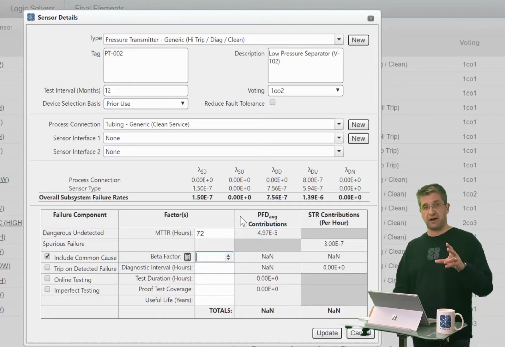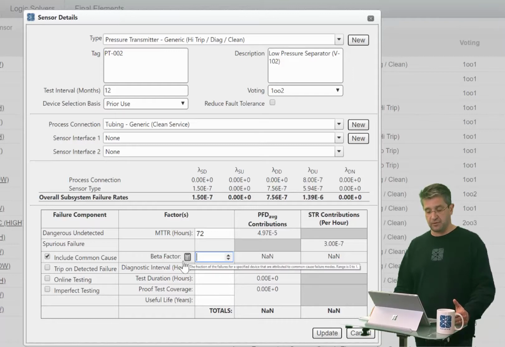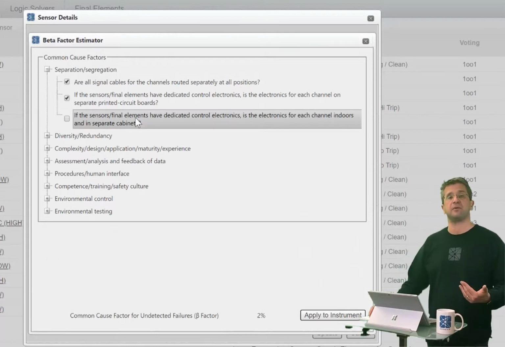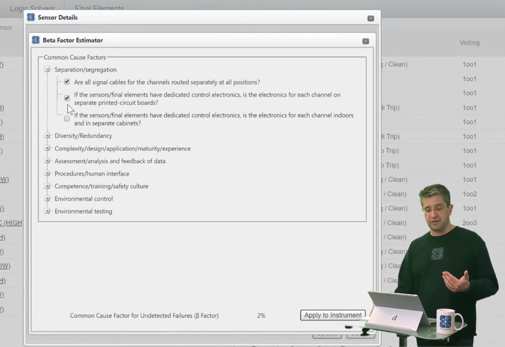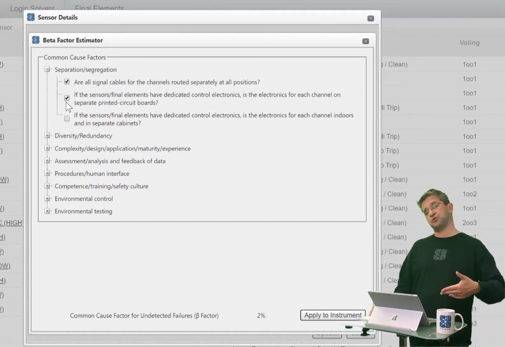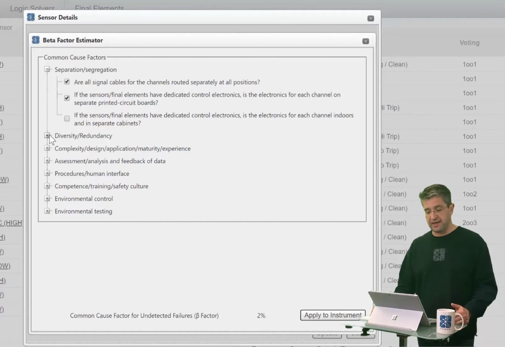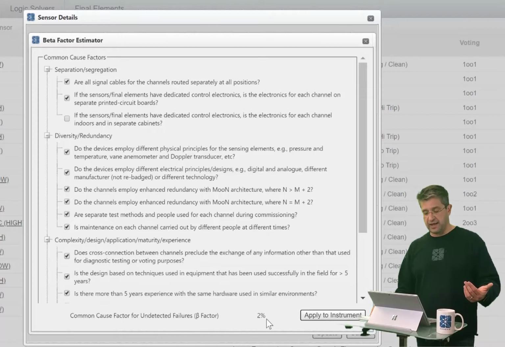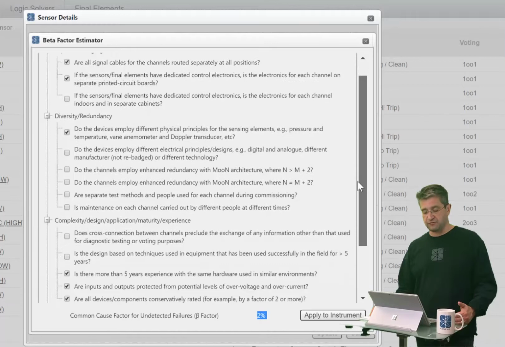So once you've defined and saved a device, you can click on the beta factor button, this calculator right next to the beta factor label, and it will bring up a beta factor estimator table. And in the beta factor estimator table, you simply read the question and put a check next to it if it is true of your design. And then, based on the questions you answer yes to, it will calculate a common cause factor that would be